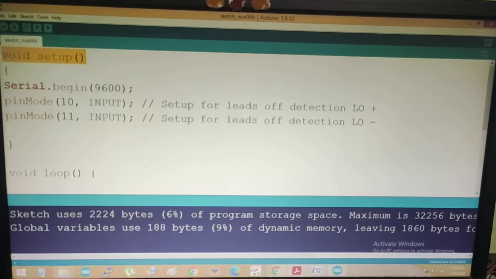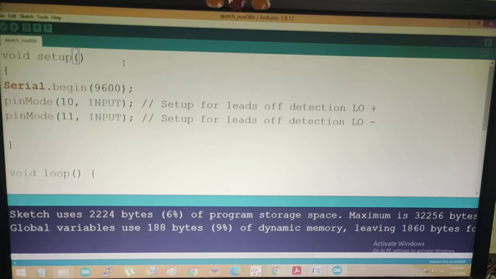So this is just the void setup function. There is no need to include any header file, because we are not using any specific library for that particular module. So directly we can start our code from the void setup function. Inside the void setup function, the first thing we have to do is pass the baud rate. Whatever statements we write in the void setup function will execute only one time.